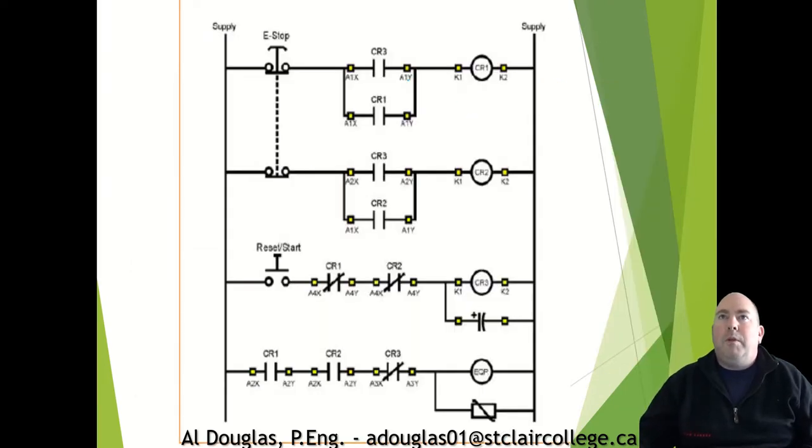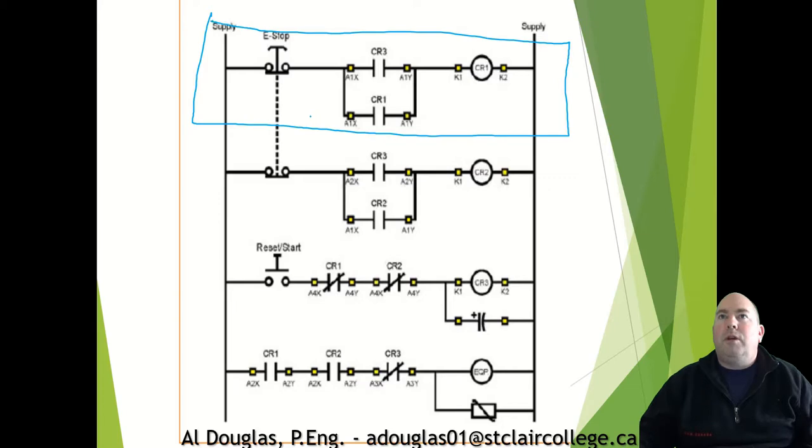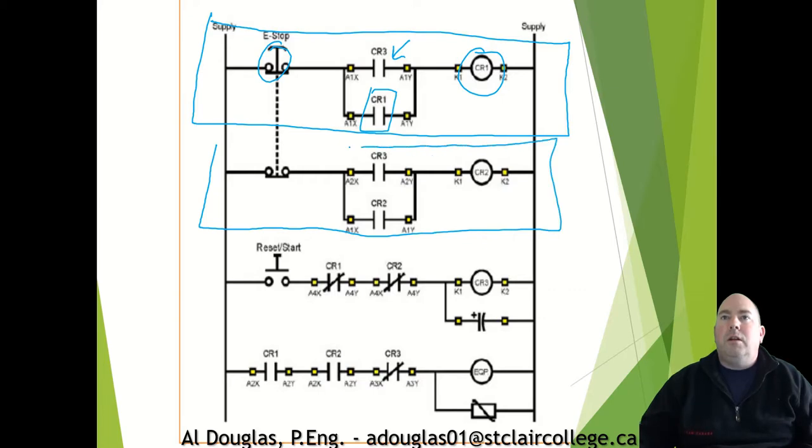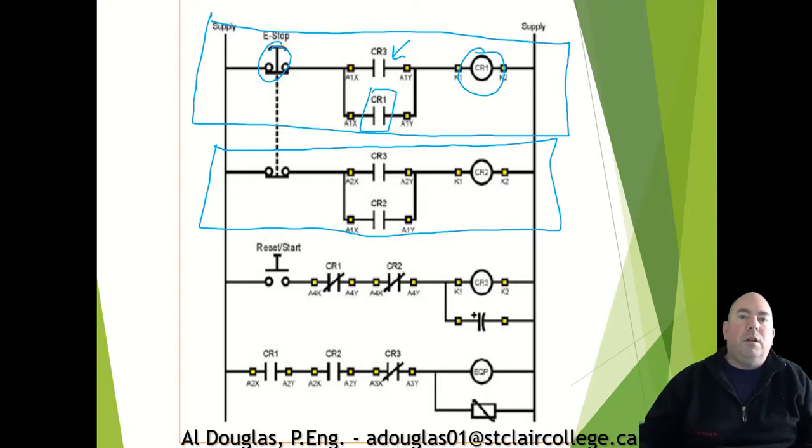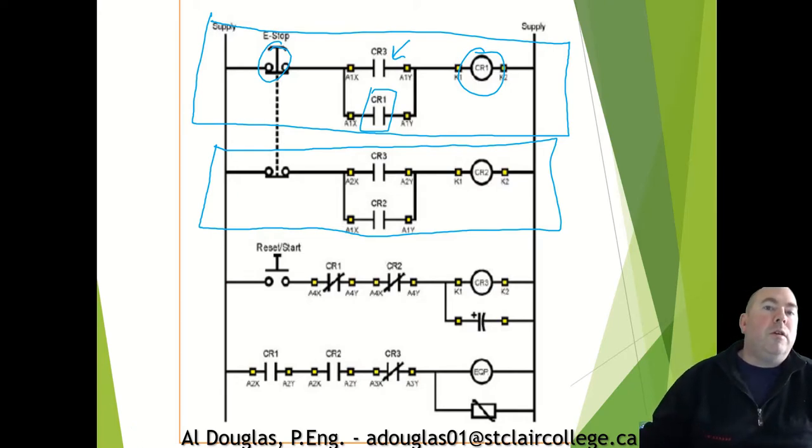So this is much more complex, but if you look at it, basically the same thing. This is our basic start-stop circuit. So we have our EStop button here, our relay here, which has this bypassing or latching contact there. Instead of the start button, we've replaced this with another relay here, and then basically what we're doing is we're duplicating this entire circuit right here. Okay, so that's basically the same thing over again, and you will notice now that we actually have